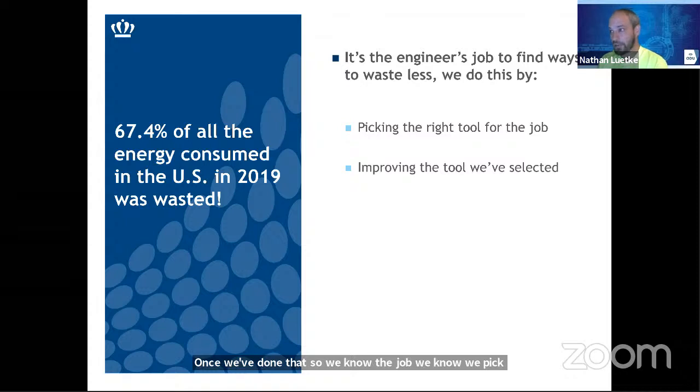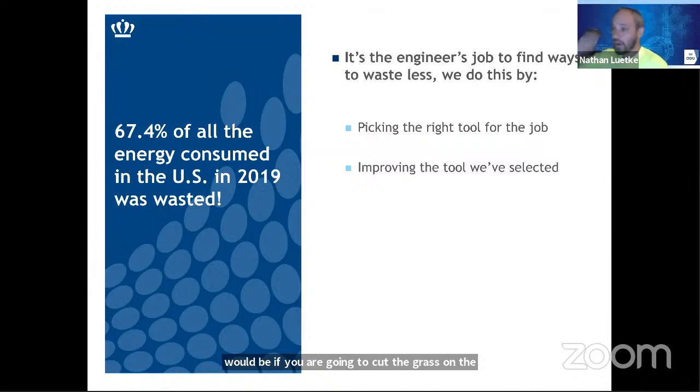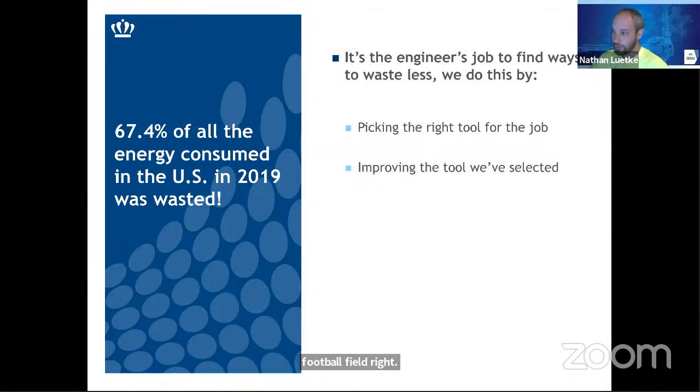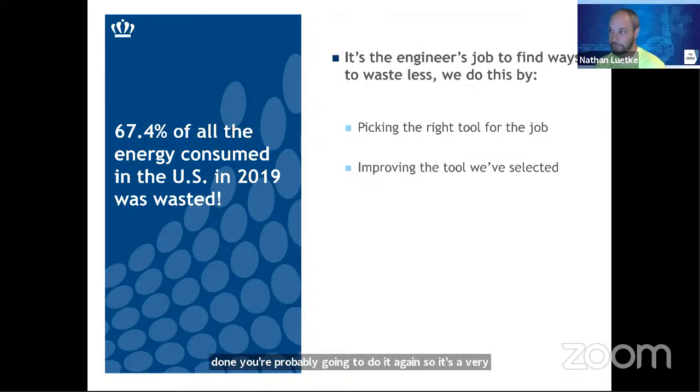So one example of picking the right tool would be if you are going to cut the grass in a football field, right? You could cut the grass in a football field with a weed whacker, but that's going to take you all day. You're going to waste more energy yourself physically. You need to eat more food. Weed whacker is not designed to run all day like that. By the time you're done, you've probably got to do it again. So it's a very inefficient tool for that job. You'd probably use a big old tractor with a bush hog or a cutting tool in the back that would actually cut it much, much quicker. So picking the right tool, then once you have the tool, you can improve it with a more efficient engine, better designs, things we'll talk